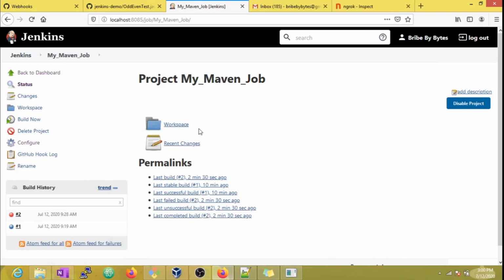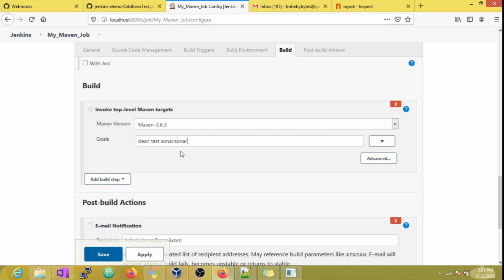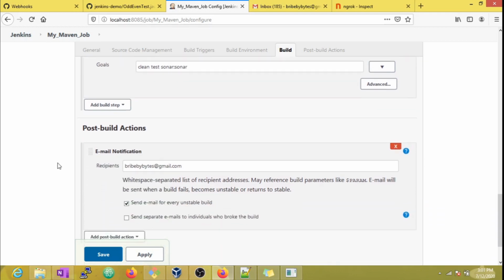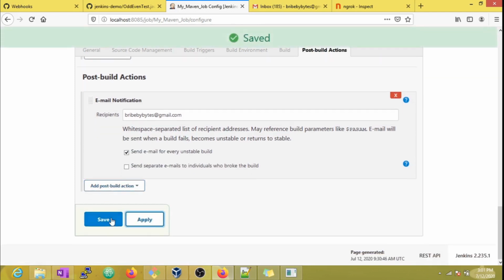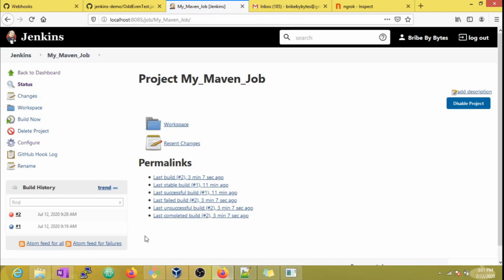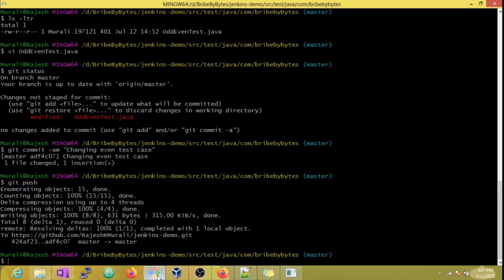In this scenario, we are going to publish the code statistics via SonarQube. For that, let me add the Sonar goal to Maven. Let's change the even value back to 14 and see what happens next when we push this.